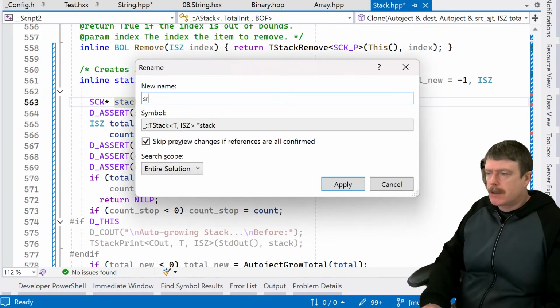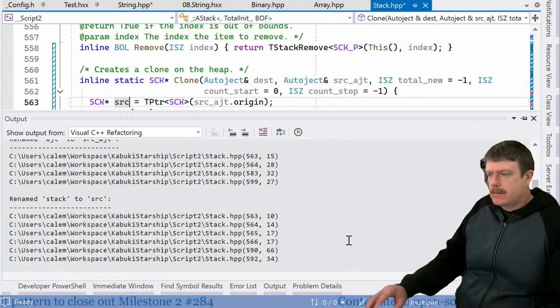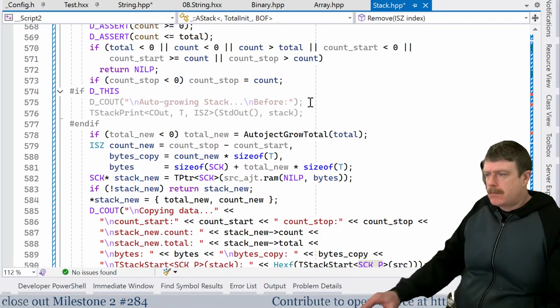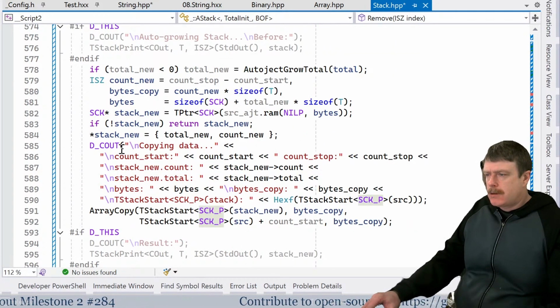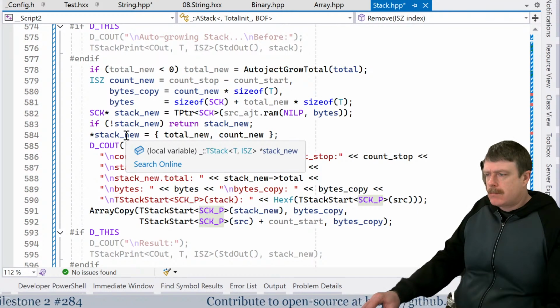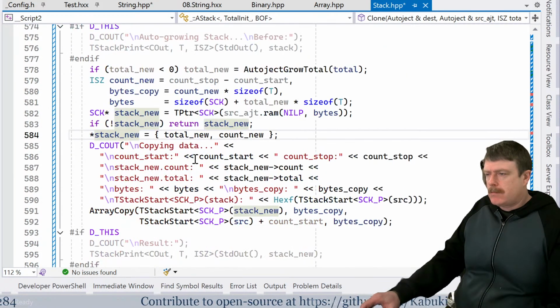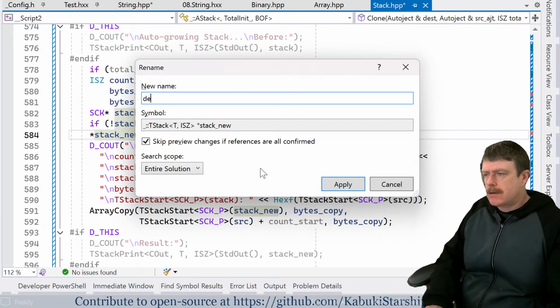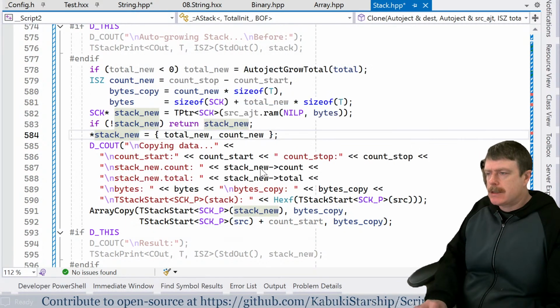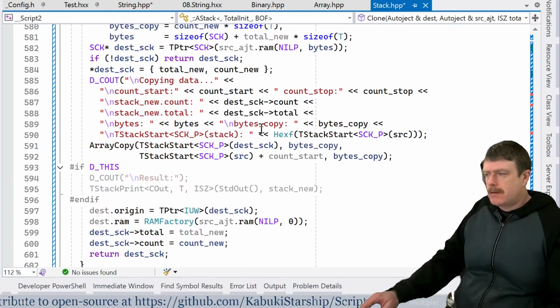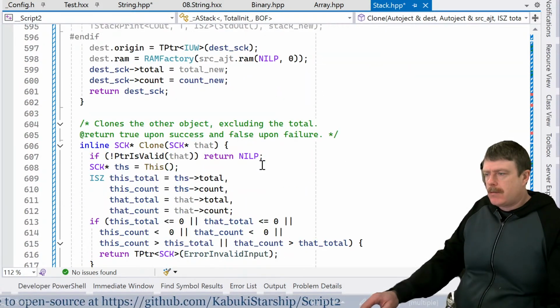So now I want to call this source. Let's call this destination stack. Now, when we call this,